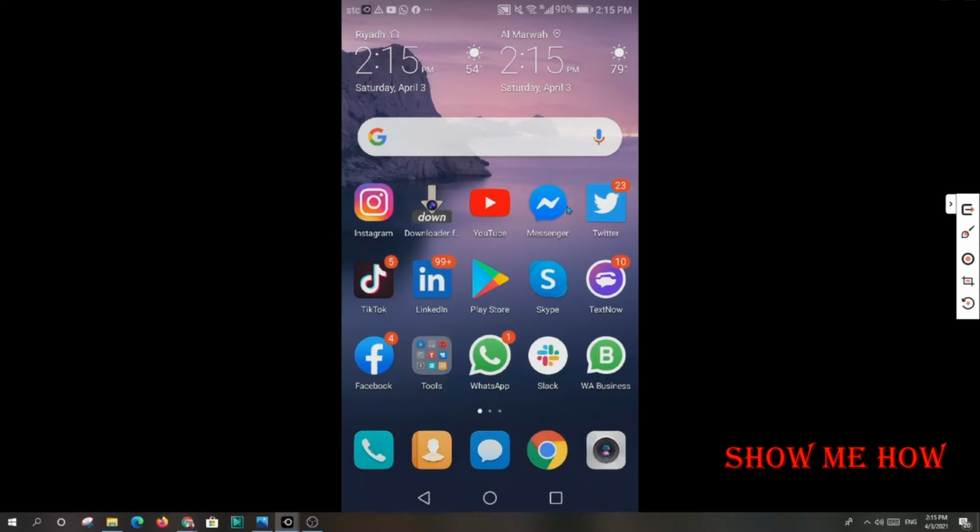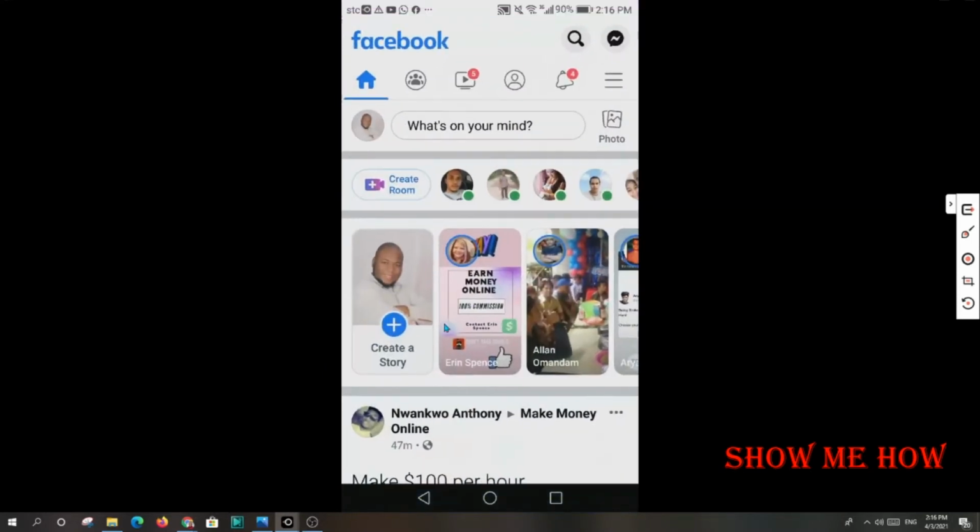In this tutorial, I'm going to show you how to change the language of your Facebook profile. So we're on my computer screen now. So we're going to hover over the app of Facebook here, tap on it, and you'll be taken over to your Facebook profile. Now, in order to access the section where you can edit the language, saying that your mother tongue isn't English,